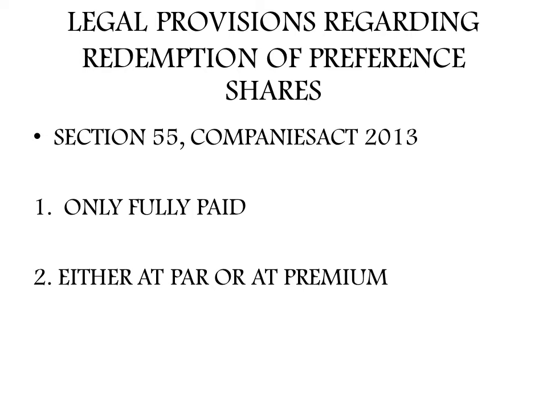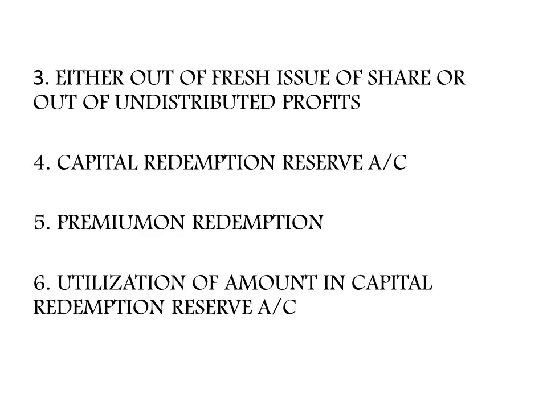So they cannot go for repayment at a discount. They can either pay at par or at premium. So this is the second condition which is laid down in Section 55. Third condition is it will be redeemed either out of fresh issue of shares. Fresh issue of shares in the sense if the company wants to repay the